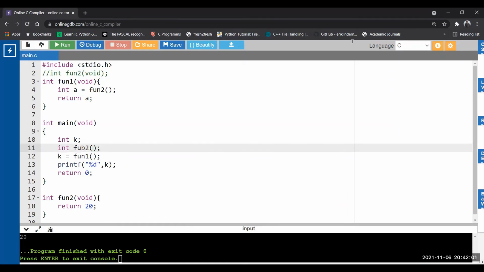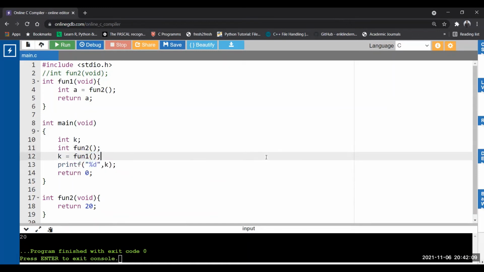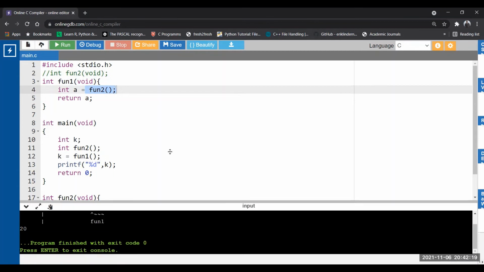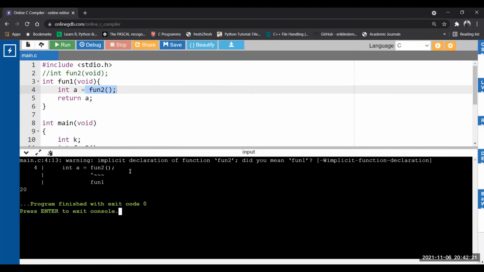So it is not before fun1, it is inside main. Although it is global, there is no issue. But where has the declaration been done? Declaration has been done inside the main method. So for the compiler to successfully execute this line, it's going to be declared on its own. See the warning, on its own. What is it saying? Implicit. Implicit means the compiler is doing it on its own. What? Declaration of fun2. Because of this, it supports this particular line.